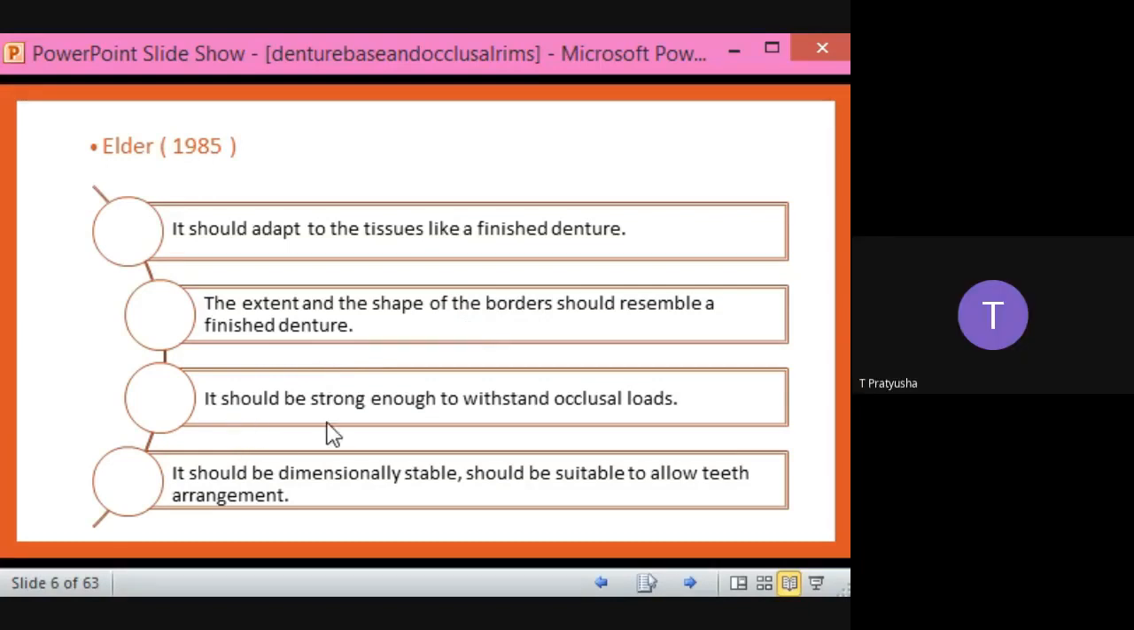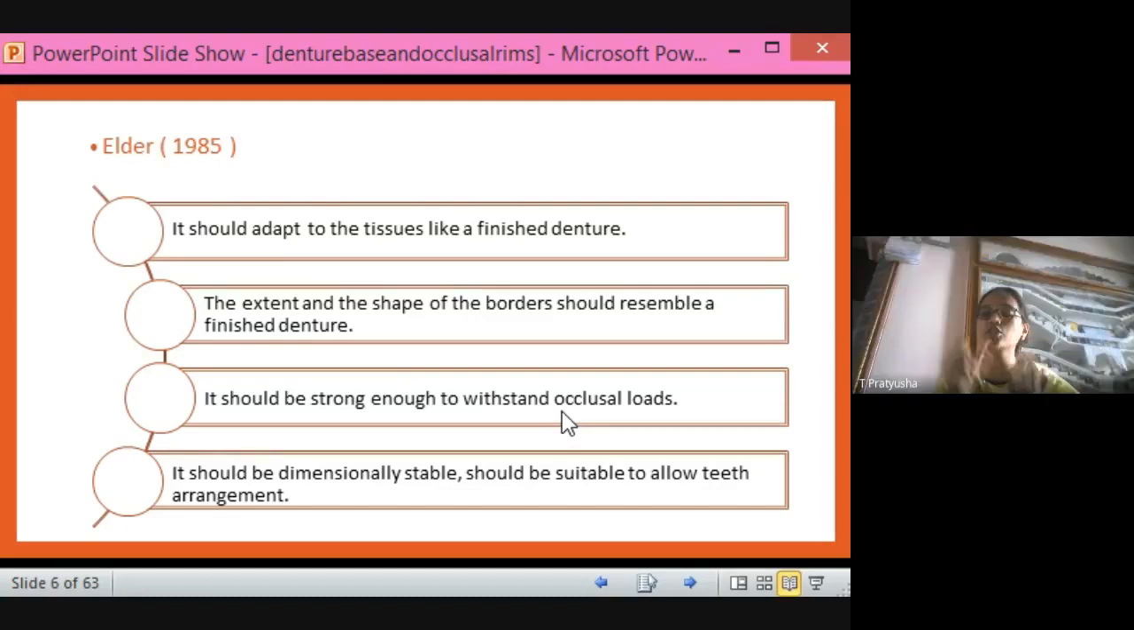Then it should be strong enough to withstand the occlusal loads. On this denture base plate we make the occlusal rim, place it in the oral cavity, and ask the patient to close the mouth, and we are